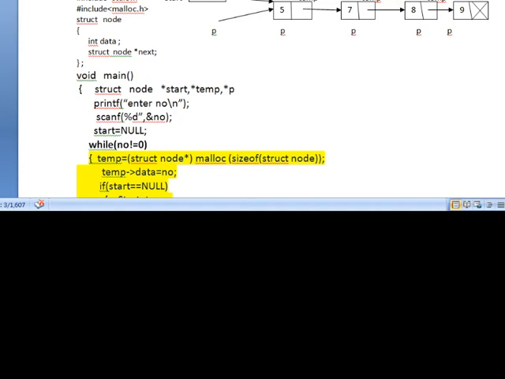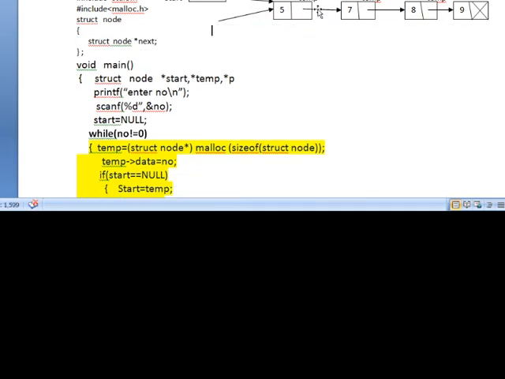So 4 nodes have been created and in each node the information is available. At that time you don't have all this. This is also not there. This is also not there.